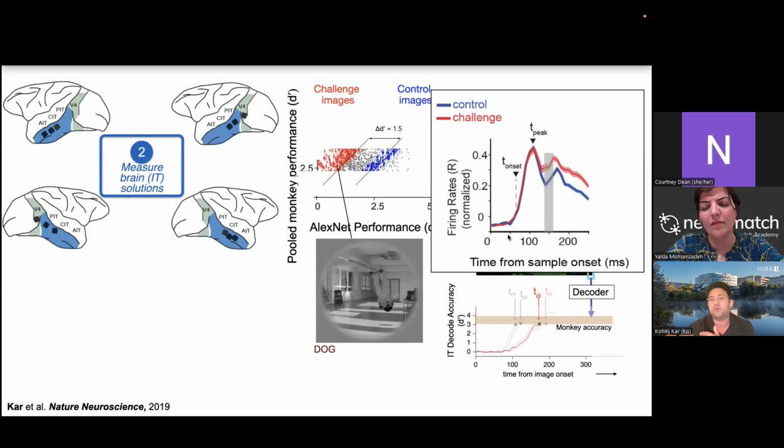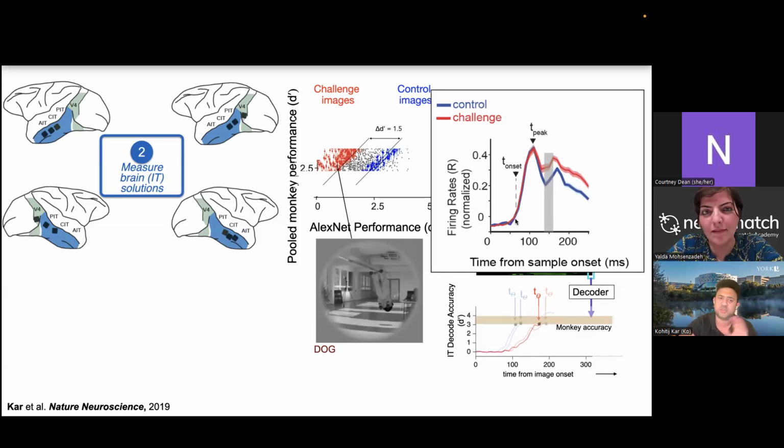So if we look at the neural responses averaged across all neurons over time, for both control and challenge, there's no difference in latency. It's like some kind of secret sauce comes into IT later on and allows IT to linearly decode these representations into object spaces that are easily categorizable, right? So at least for us, it started to motivate the idea that maybe this is what recurrent processing is doing. Wherever the feedback is coming from, it is trying to make the solution more linearly separable at the level of IT. So that was the idea.